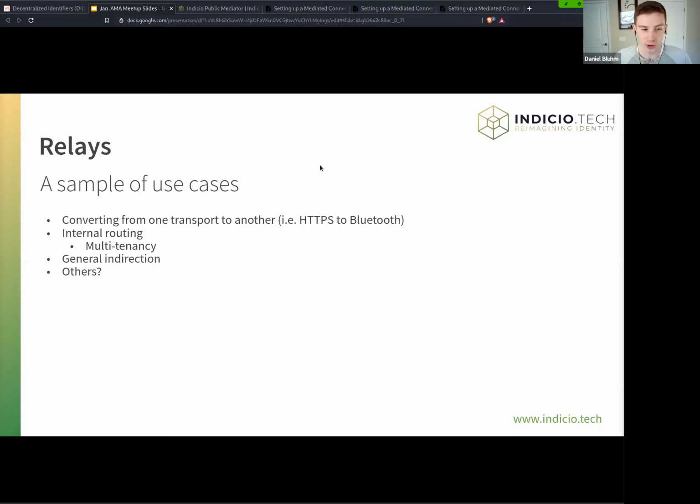So you might wonder, why would you use a relay versus a mediator? I've called out a few example use cases here. You might use a relay as a converter from one transport type to another. You could imagine a relay sitting on your network that receives messages via HTTP and then relays that message on in Bluetooth to another device. The advantage there is that the transfer from one transport to another is transparent to the senders of messages. They don't need to be aware that you are switching this message from HTTP to Bluetooth in order to send the message. They just encrypt the message for you and send it along, and then it gets handled within your infrastructure,